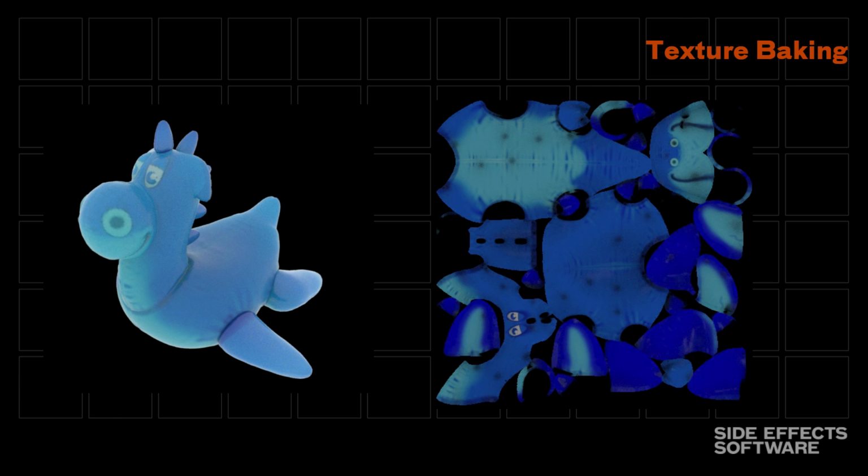In the adaptive sampling, a lot of those features have been evened out, and we can see an overall reduction in terms of the overall noise that's present in the image. So I'll just go back and forth a couple times here, give you an idea of the effect that the feature has. Great. Okay, so the next topic is texture baking, which is a big extension in Mantra 15 and